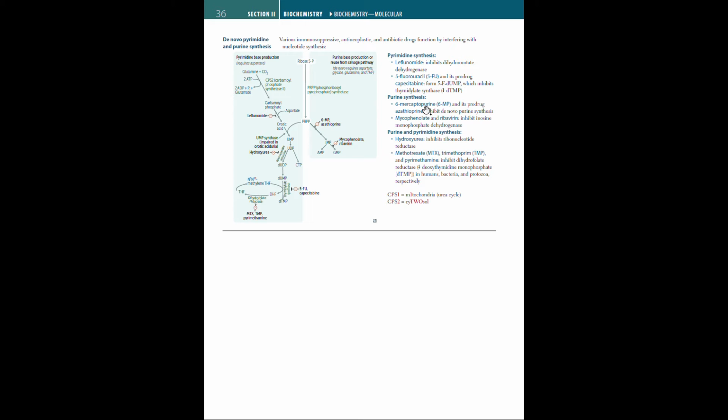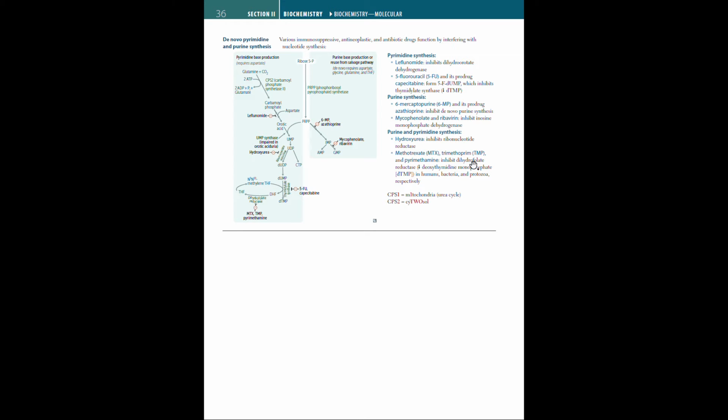Purine synthesis: 6-mercaptopurine, 6-MP, and its prodrug azathioprine inhibit de novo purine synthesis. Mycophenolate and ribavirin inhibit inosine monophosphate dehydrogenase. For purine and pyrimidine synthesis, hydroxyurea inhibits ribonucleotide reductase, and methotrexate and